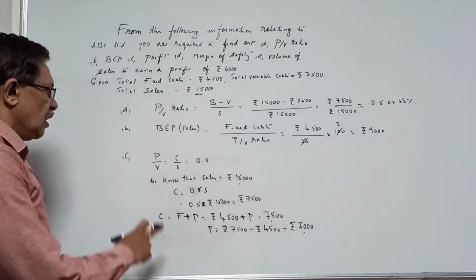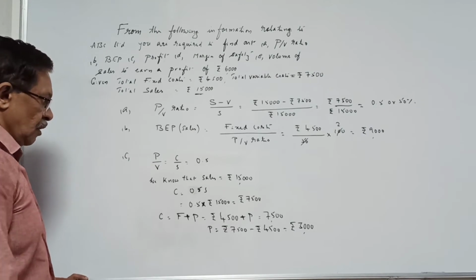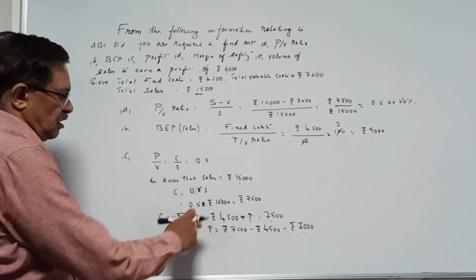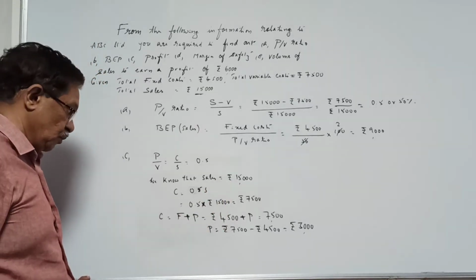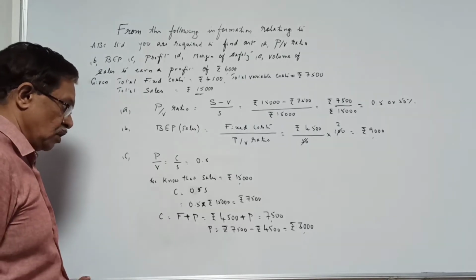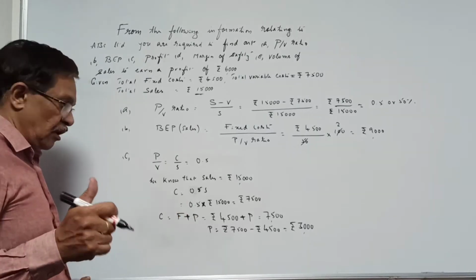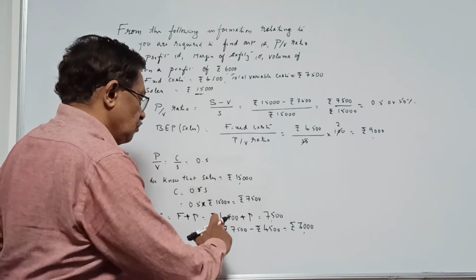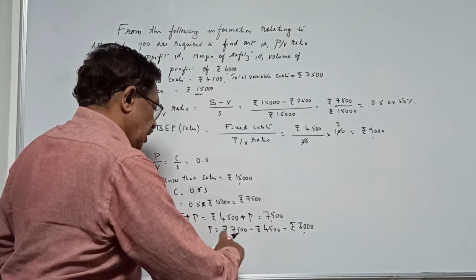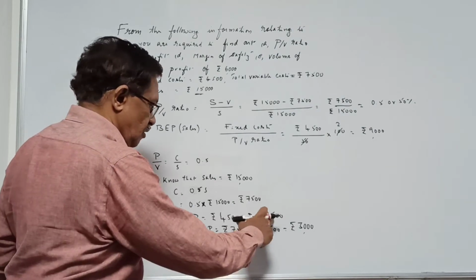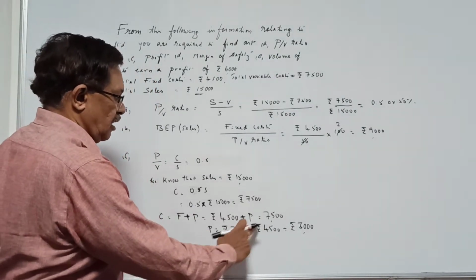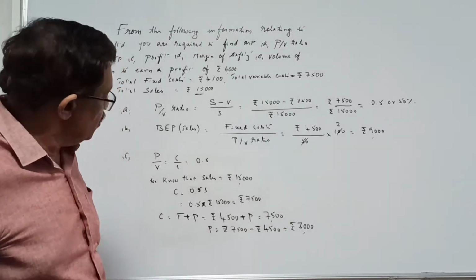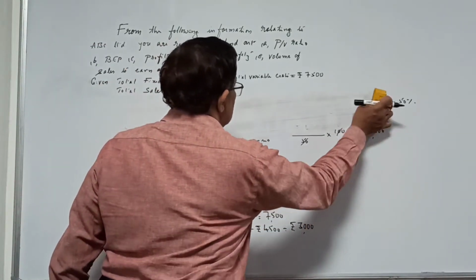So what I am doing, I am using the C by S formula, and because we know that the S, which is given as 15,000, we could find the C value. Once the C value is known to us, we know that C is nothing but F plus P, and we know the F value, and we can find out by using this particular calculation. 4500 plus P is equal to 7500, where P is going to be 7500 minus 4500, which gives you 3000. Now let us move to the next bit.